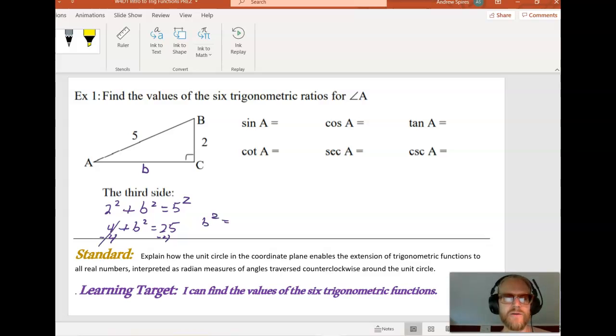So b squared equals 21. So b is the square root of 21. And let me say this now. Leave the square root of 21 as the square root of 21. We are concerned with exact values. You don't want to approximate it, because then you're going to use that approximate value. Then you're approximating again and so on. Every time you approximate, you lose some accuracy. So leave that radical 21, or square root of 21, leave root 21 alone, and just know that when you